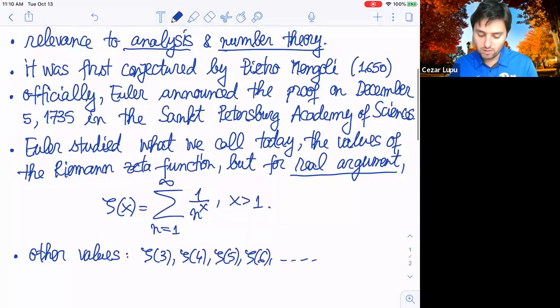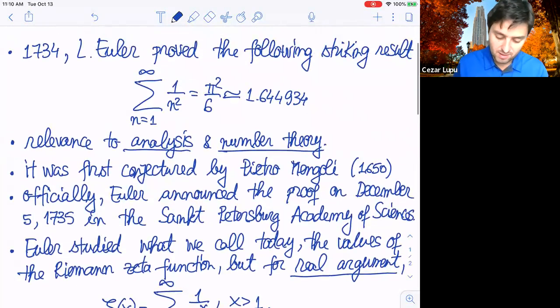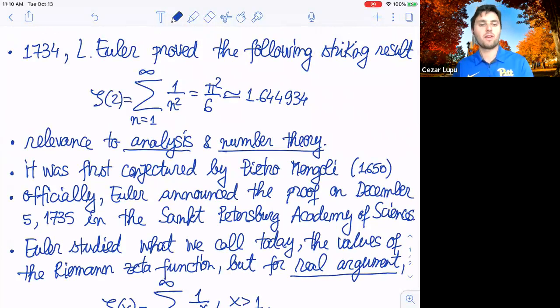And now, since we introduced this function, the Riemann zeta function, well, like I said, we can call this the Euler-Riemann function if you want. We can say that this is nothing else than the value at 2. So this will be nothing else than just zeta of 2 equals this series. So today we'll be focusing especially on this.